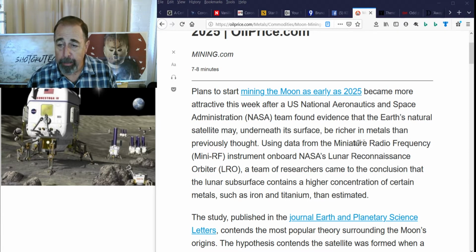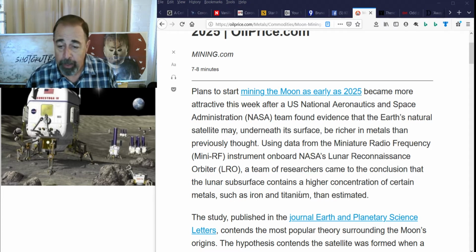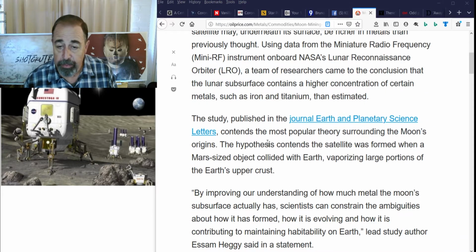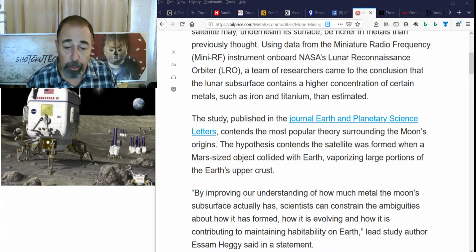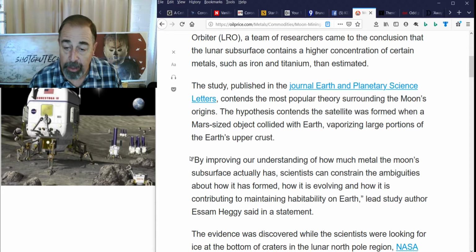NASA, using their miniature radio frequency instrument aboard the Lunar Reconnaissance Orbiter, finds that the lunar subsurface contains a higher concentration of certain metals such as iron and titanium, much more than originally estimated. There's this theory that the satellite was formed when a Mars-sized object collided with the Earth, vaporizing large portions of the Earth's upper crust. By improving our understanding of how much metal the moon's subsurface actually has, scientists can constrain the ambiguities about how it was formed, how it is evolving, and how it is contributing to maintaining habitability